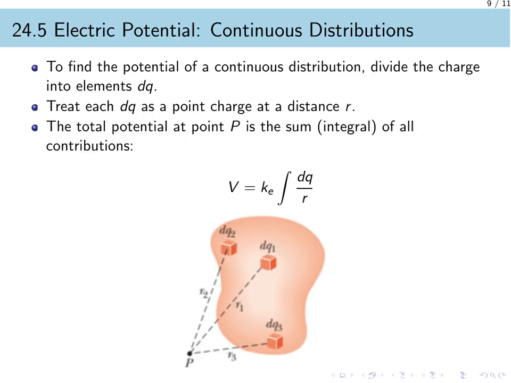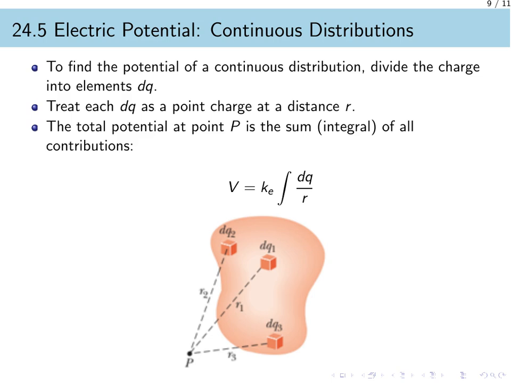When dealing with continuous charge distributions rather than discrete point charges, we use integration. To find the total potential at a specific point P, we divide the entire charge distribution into tiny elements of charge, denoted as dq. We treat each element as if it were a point charge located at a distance r from our observation point. The graphic shows several of these elements, like dq1 and dq2, contributing to the potential at